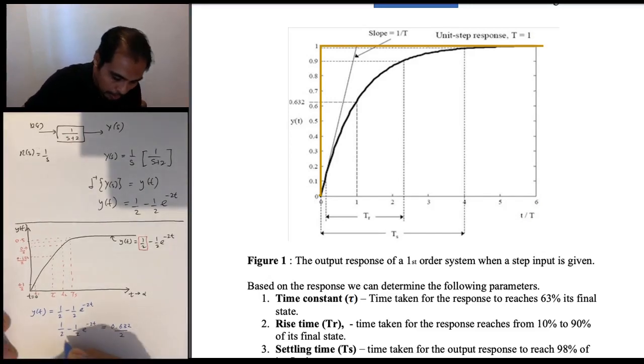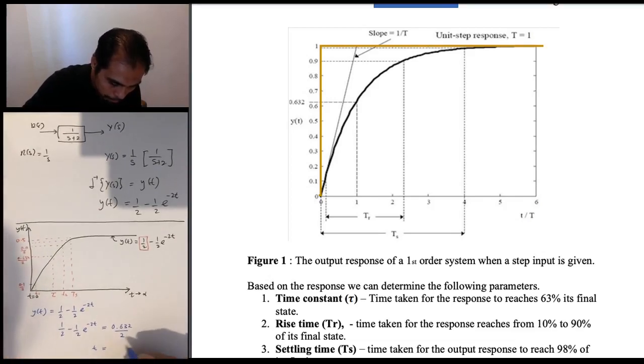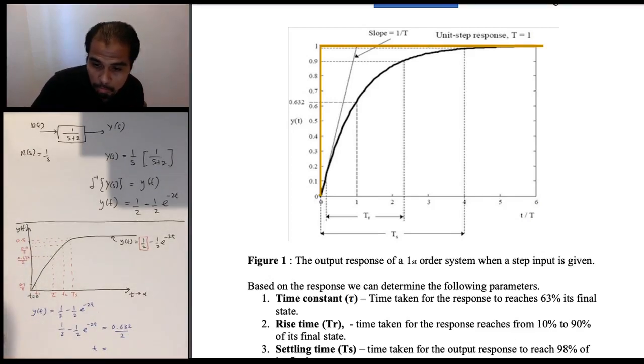Then if you solve this, t, which in this case is tau,